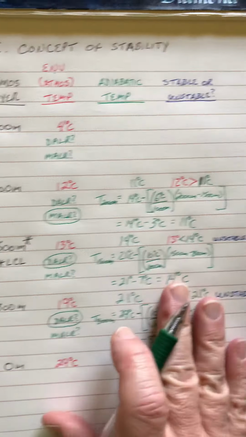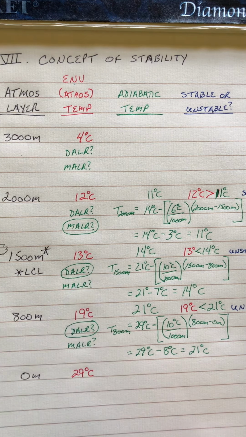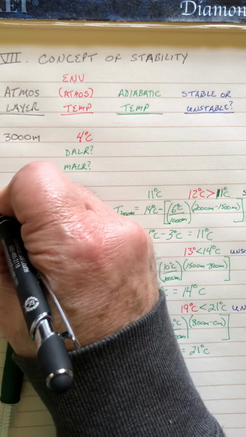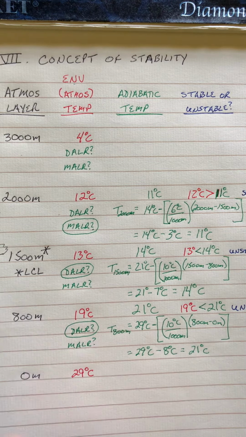We're going to go up to 3,000 meters, and we're going to assume that the air is remaining saturated. Okay, so clouds would be at all of these levels here, up to our 3,000 meter level at least. If that's the case, the air is saturated, so the air would cool at the moist adiabatic lapse rate. The temperature of the air at 3,000 meters would be equal to the adiabatic temperature at 2,000 meters, 11 degrees C,